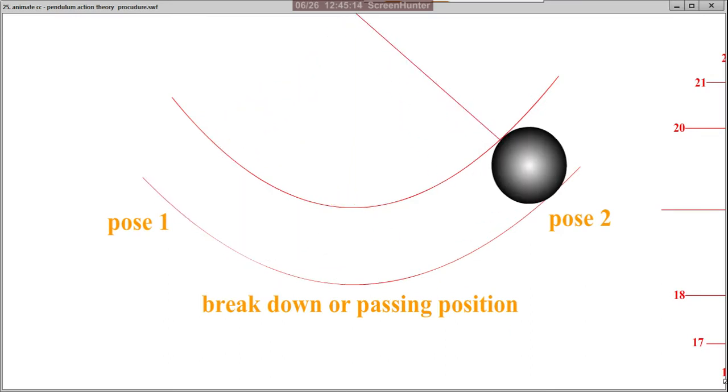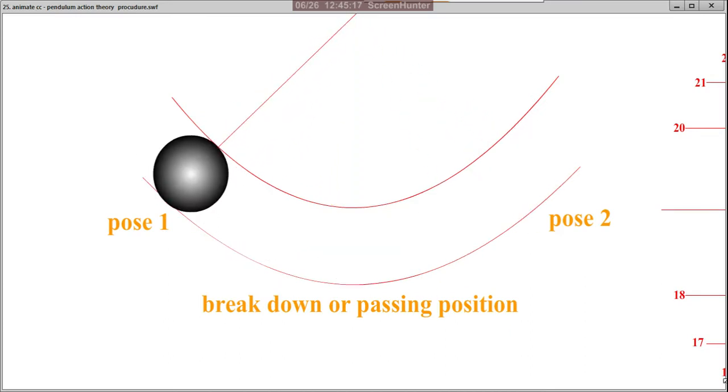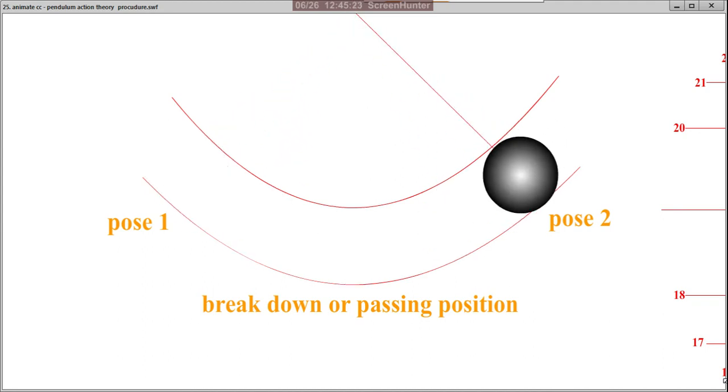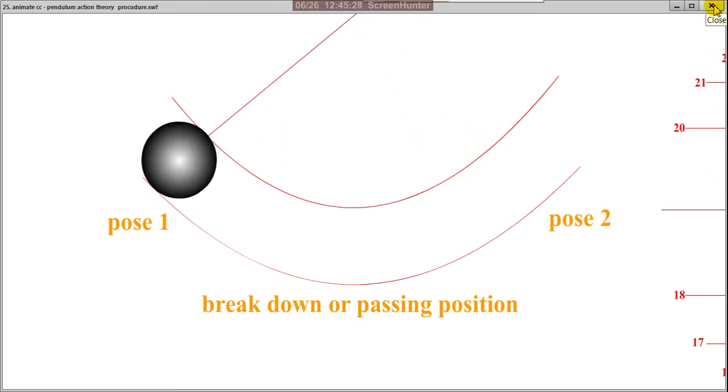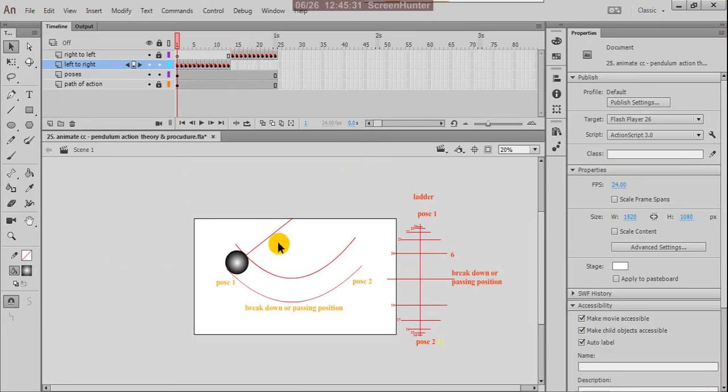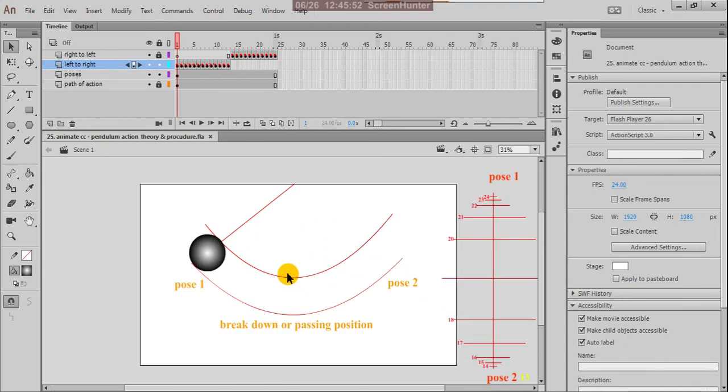Now see this. Yes, beautifully your pendulum is swinging from left to right and right to left. Yes, beautiful. So then Control S, because your path is included in your final animation.